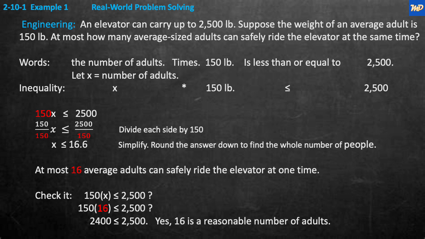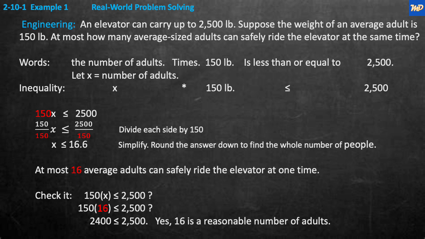At most, how many average size adults can safely ride the elevator at the same time? In words, it's the number of adults times 150 pounds, since each adult is 150, is less than or equal to, because it said at most,